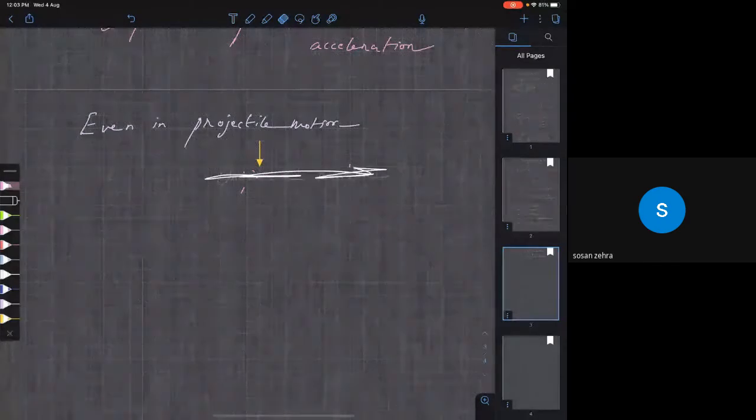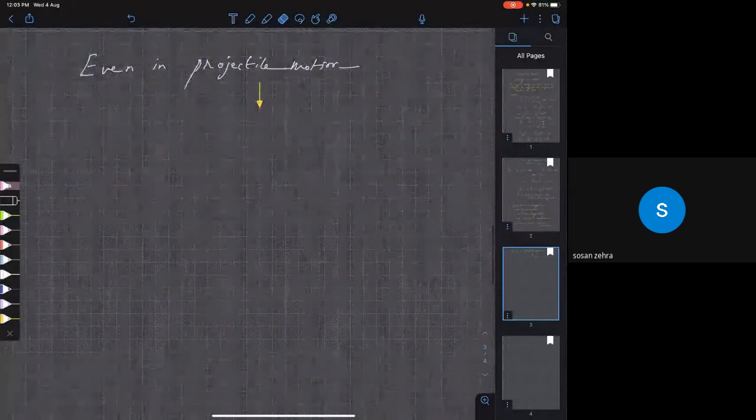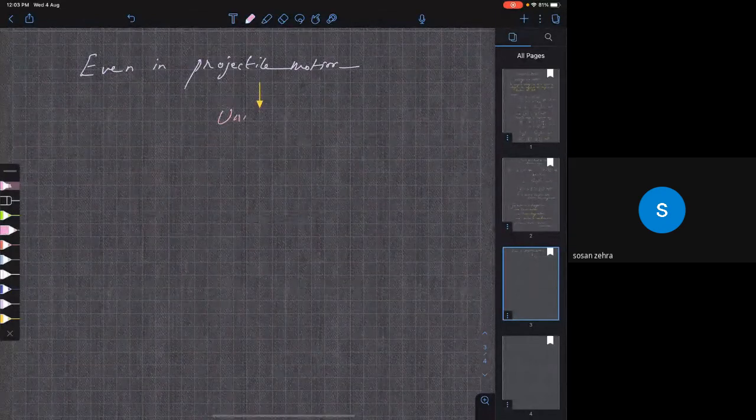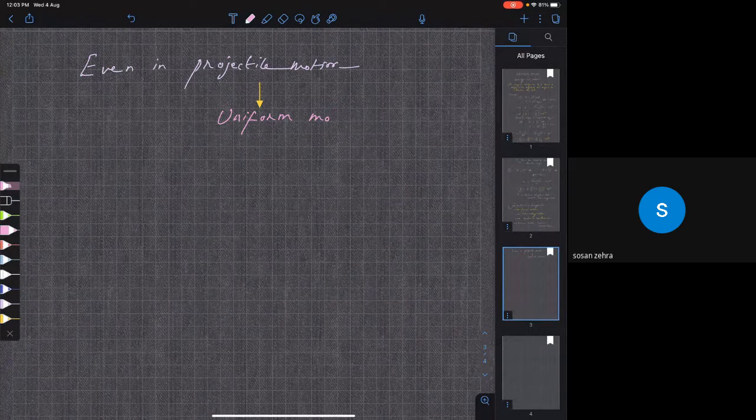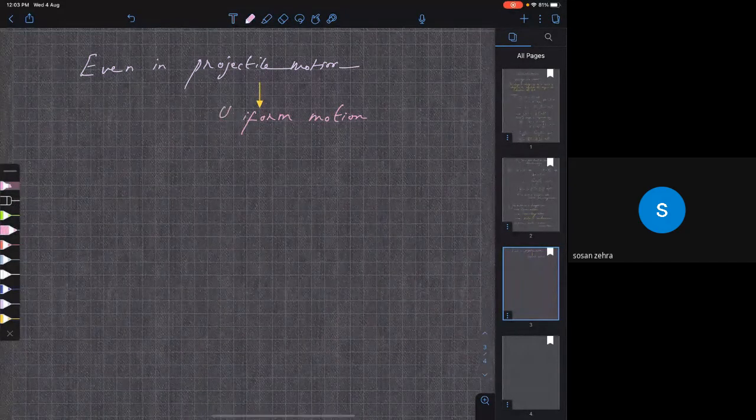Okay, I think there is some problem. So this is also uniform motion. Why? Projectile motion is uniform motion. Why? Acceleration is constant. Since acceleration